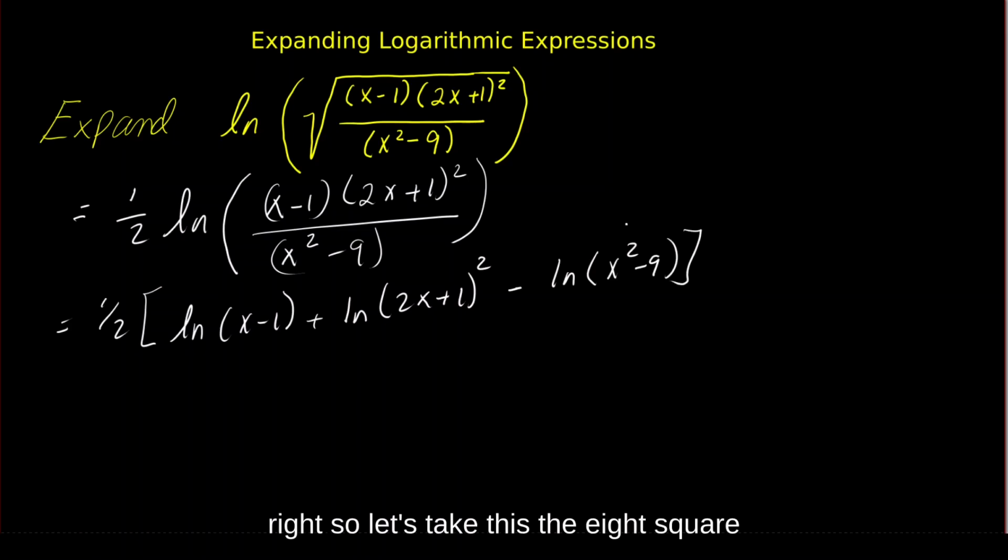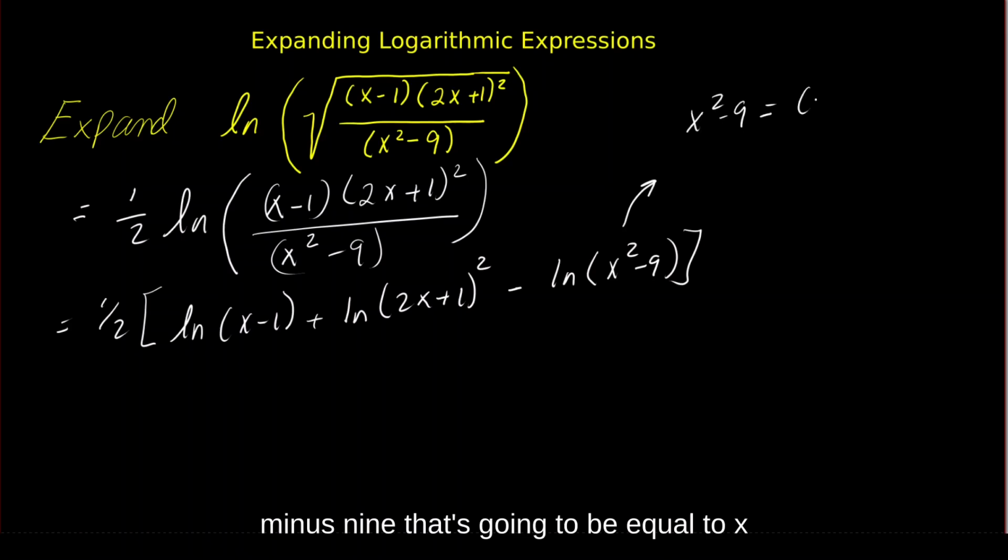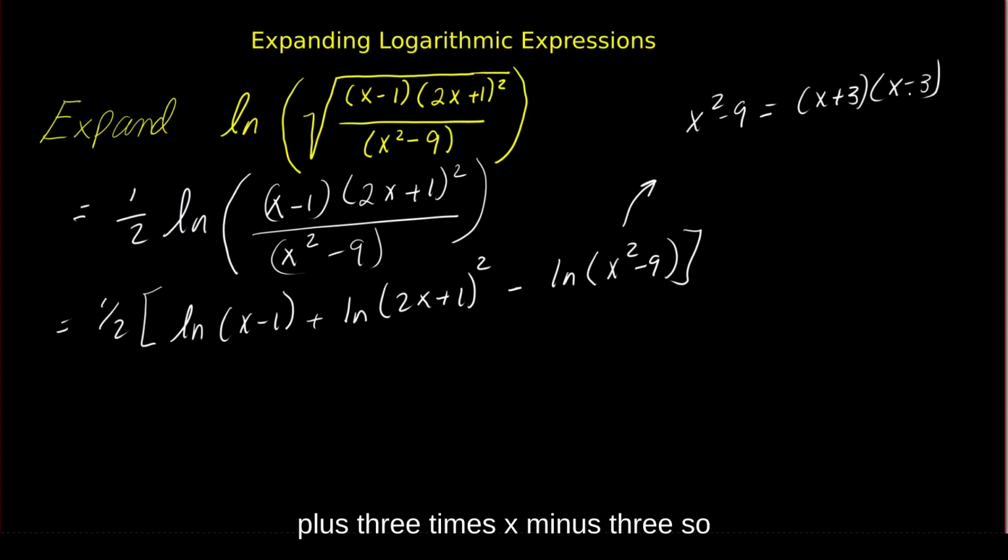All right, so let's take this. So x squared minus 9, that's going to be equal to x plus 3 times x minus 3. So instead of writing the whole thing again, I'm just going to substitute here. This could be minus